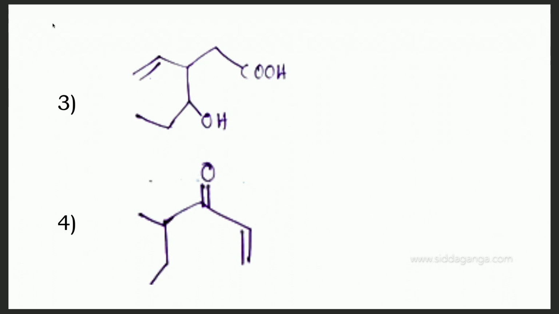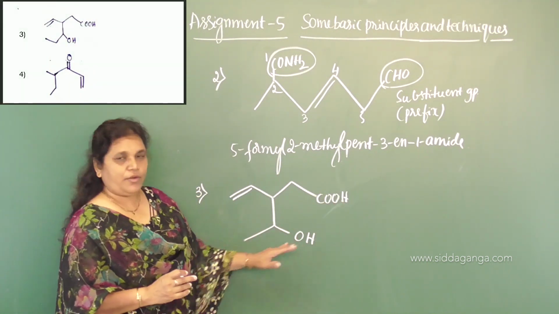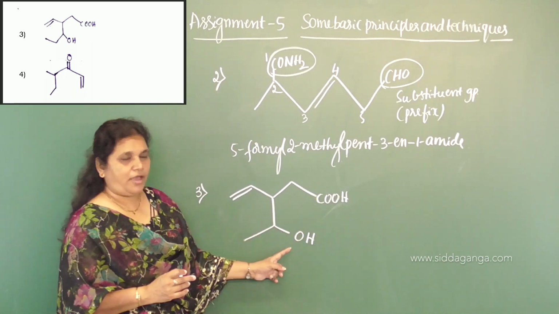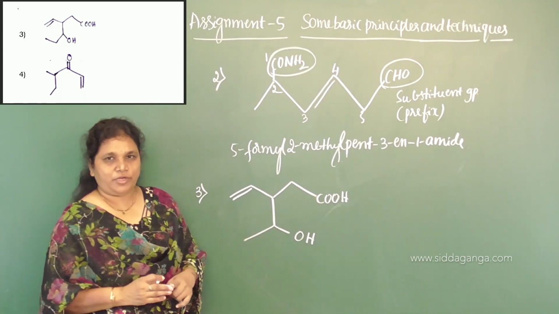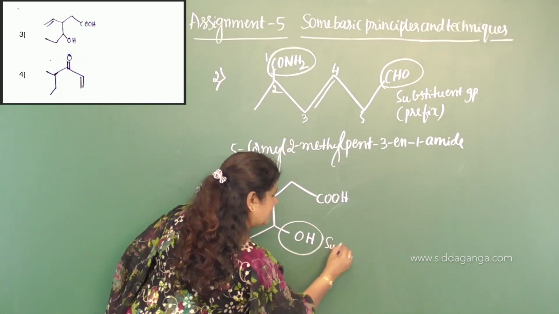Third one. So the compound given is COOH and here is OH and here is a double bond. So this is also a bifunctional compound. The COOH group, the carboxylic acid group, is there, and the alcoholic group is there. According to priority, the first priority goes to the COOH group, and we need to consider the OH group as a substituent